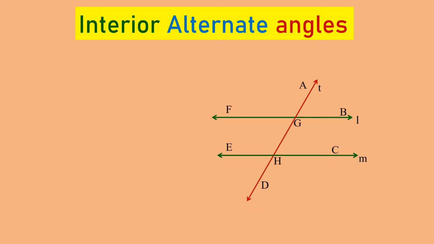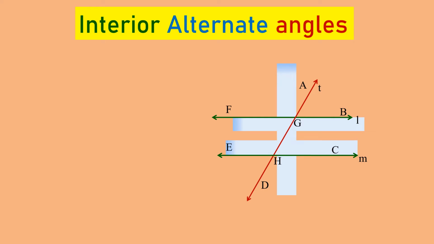So here we have a line T which is intersecting lines L and M at points G and H. There are many angles formed. We have to search for interior alternate angles. For the word interior, we have to be very careful. See here, we have placed a rectangular shade between the lines L and M, as you know, the name of the angles is interior,